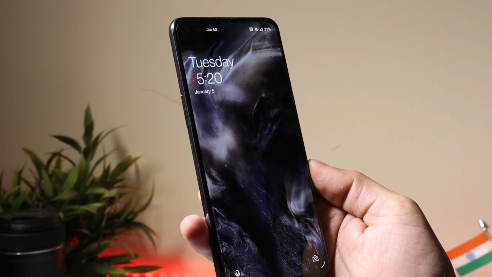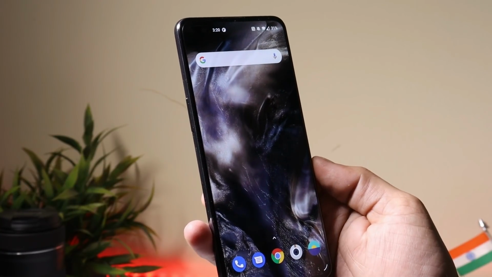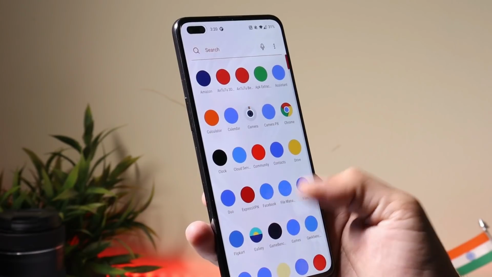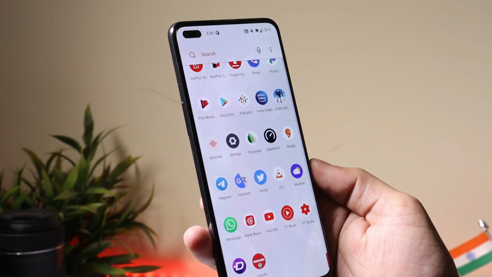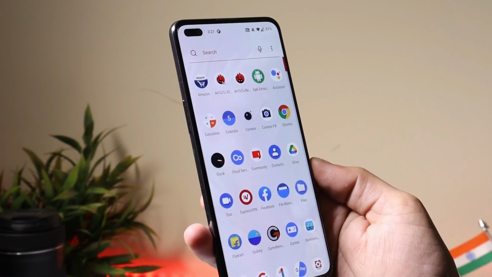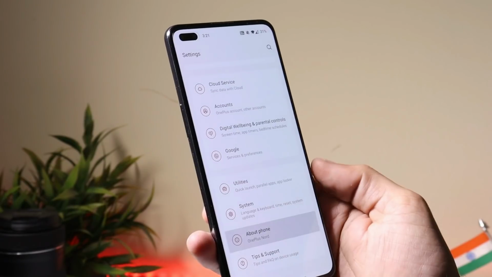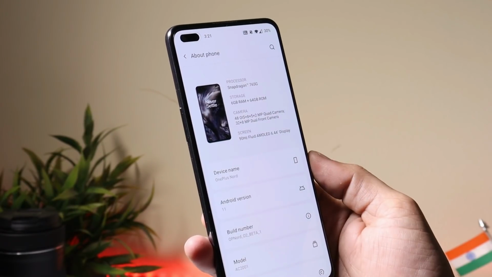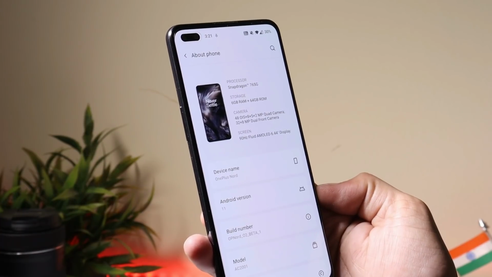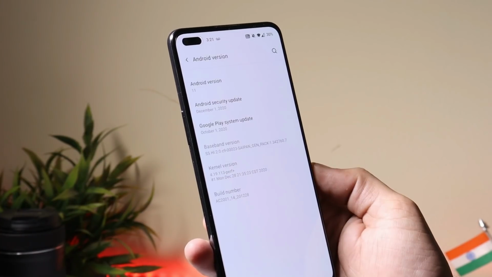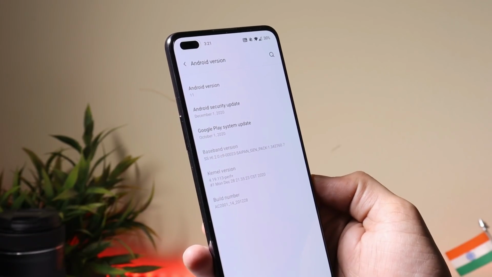So the device has been successfully updated to the latest version, which is Oxygen OS 11 Open Beta 1. First let's talk about the software information. After that we'll take a look at the changelogs. And it's always recommended to perform a factory reset whenever you have a complete Android version change. So inside the settings, going to the about section, here you can see this is OnePlus Nord, which is now running on Android 11. Build number is Oxygen OS Open Beta 1 and we have got the security patch of 1st December 2020. Build date is 28 December.